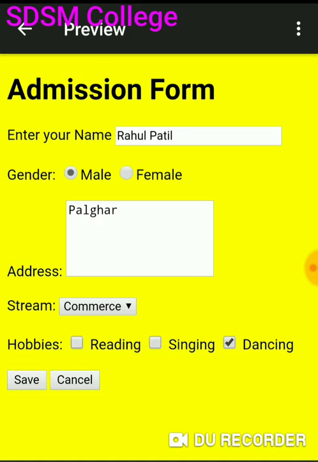So like that, multiple options are there, and there are options save, and save is nothing but the submit button, and cancel is nothing but the reset button. When you click on, say, reset, that form will be reset to the default values. So whatever default values you have mentioned, if you do not mention anything, then it will be a blank form. So like this you need to design the form.